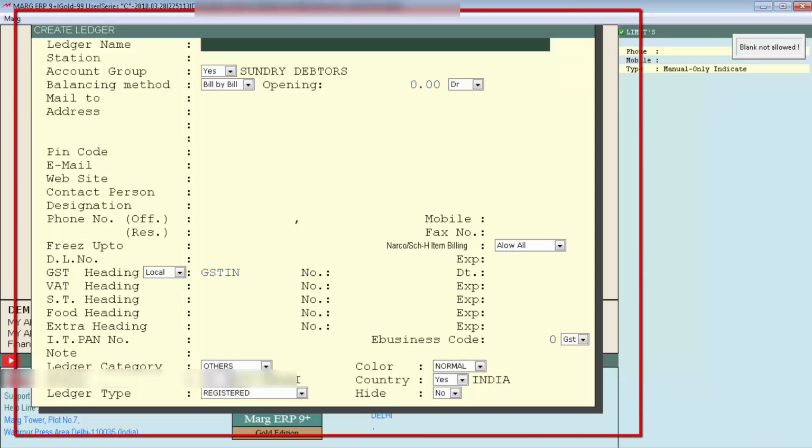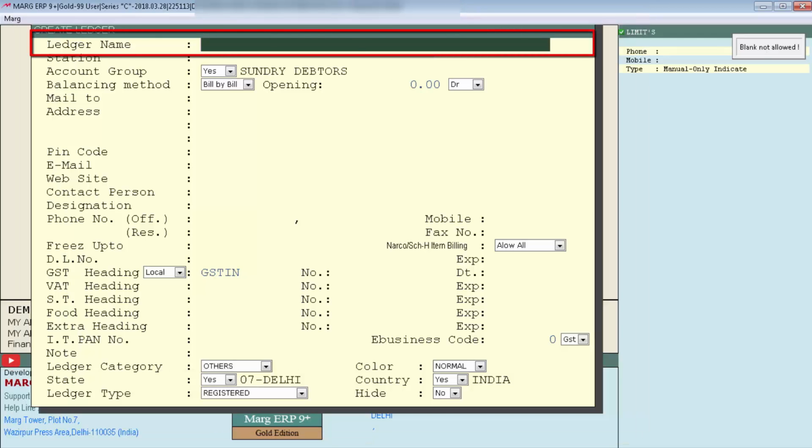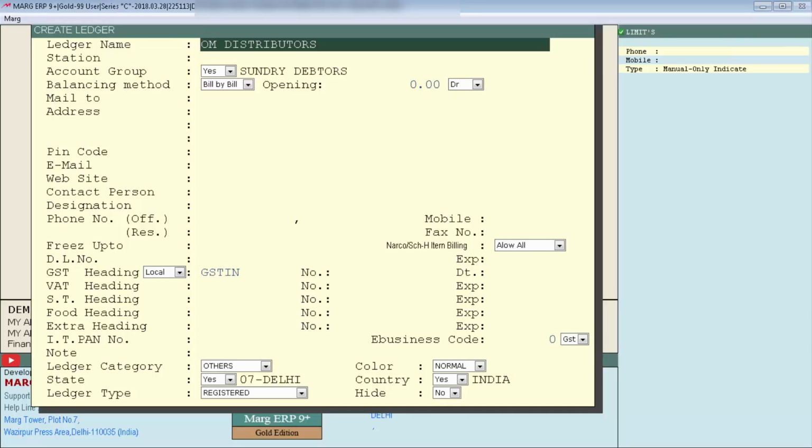The create ledger window will appear in front of you, where the first field is ledger name. Here you are creating a ledger for your customer, so you will mention the customer name, and if you are creating a ledger for your supplier, then enter the supplier name. Now we are creating a ledger for a customer, so we will mention the customer name like Om Distributors, press enter.